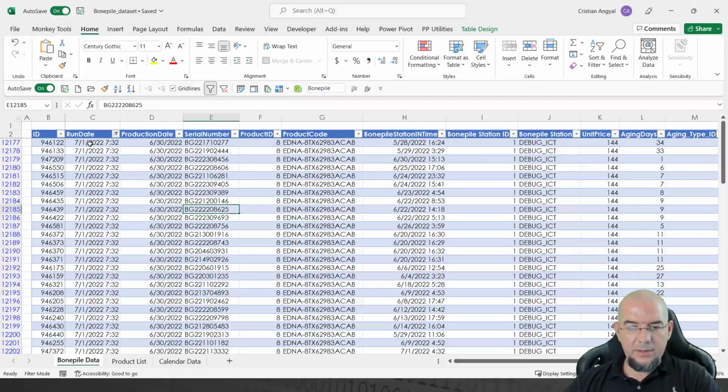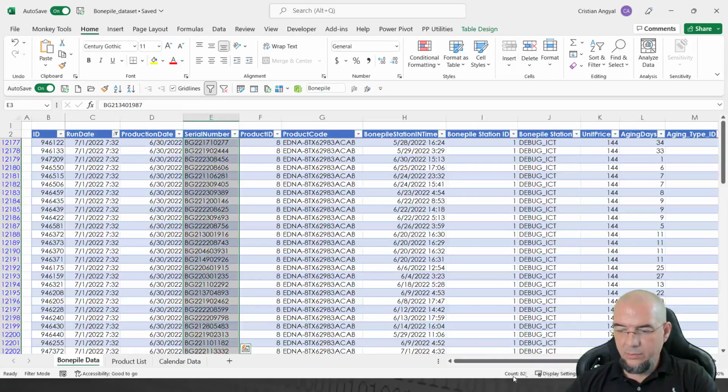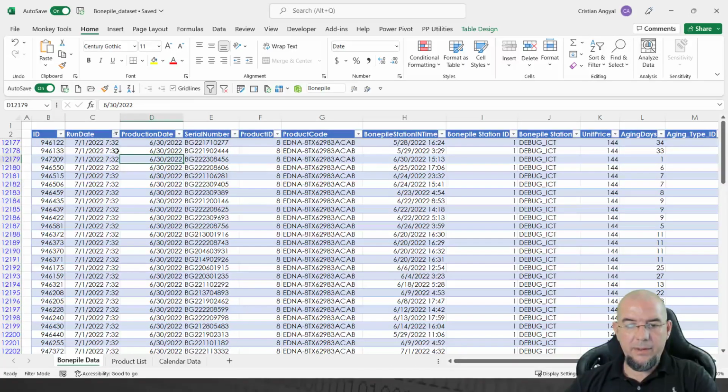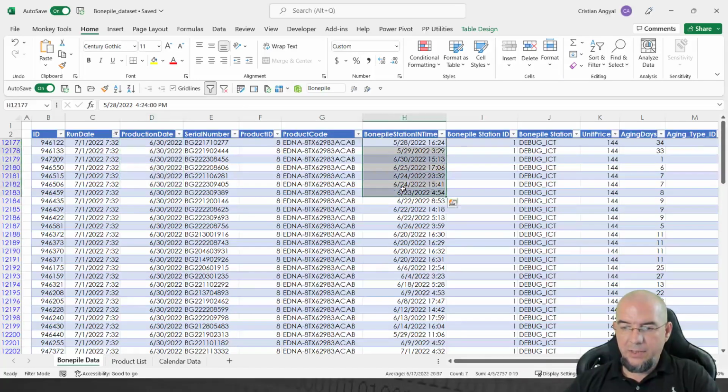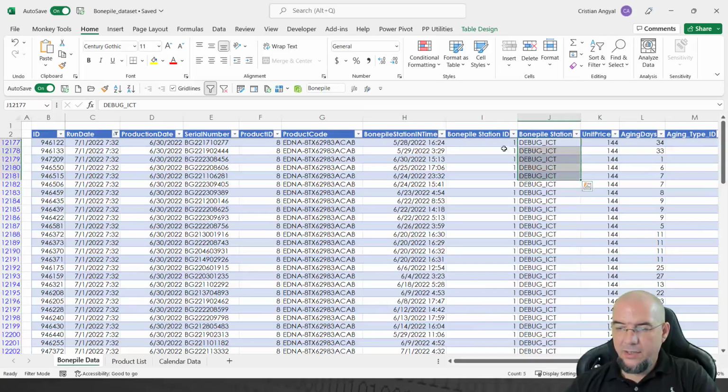The small dataset sample you are seeing is actually a daily export that was supposed to be analyzed on a daily basis, and it's only 82 rows. It contains the export date, the production date, the serial number for different product codes. We have several product codes in the list, the time when each of these serial numbers went into a bomb pile station, so it failed on a different station, the station and the IDs where those units failed,